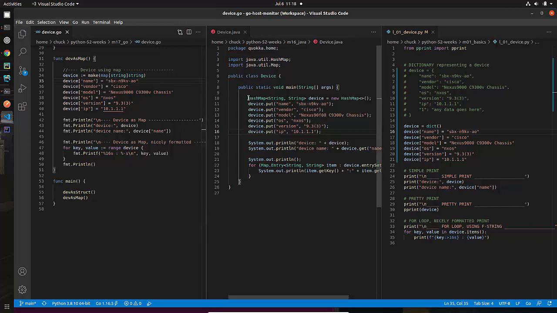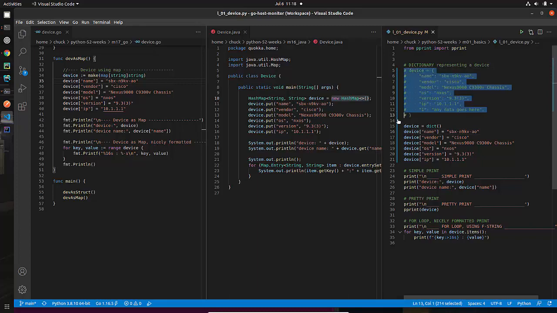How we do it in Java, if you recall, I declared a hash map with these angle brackets that say that the type is going to have string as a key and string as a value, and its name is going to be device, and then I need to say new because it's going to be a new object that I create. On the other hand, what we did before in Python was I did this code,